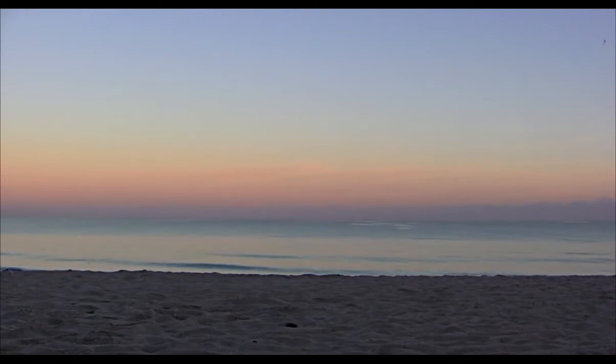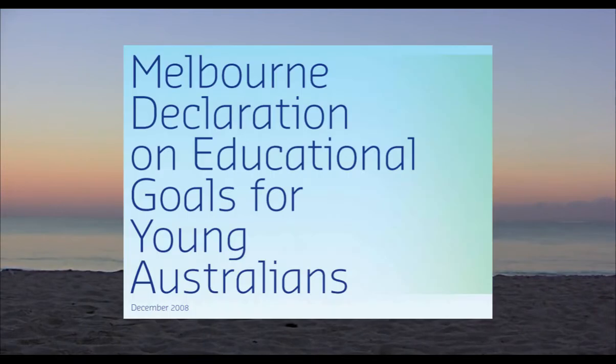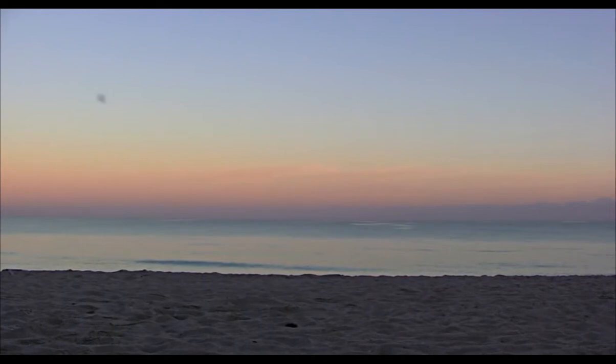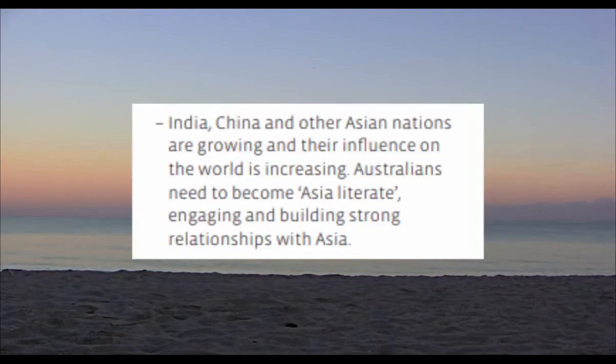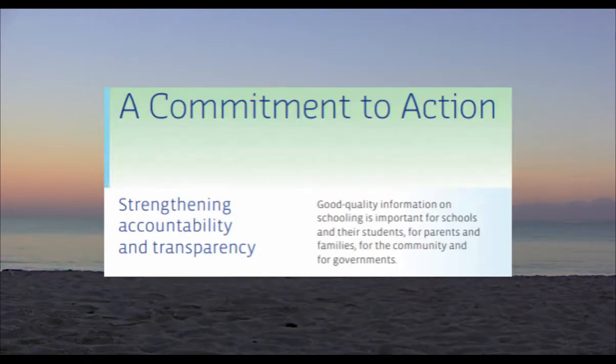The most current big education government smackdown in this country is a thing called the Melbourne Declaration on Educational Goals for Young Australians. It was released in 2008 and headed by the then Education Minister and eventual Prime Minister Julia Gillard. That document has a whole bunch of waffle about education in Australia being mainly used to train up jobs and build strong relationships with Asia for some reason. But there's also a goal outline that clearly uses the word equity, and there's a little bit in there about data about schools being accessible to parents and also children with special needs getting a fair go so long as they're a human being, which is pretty nice.